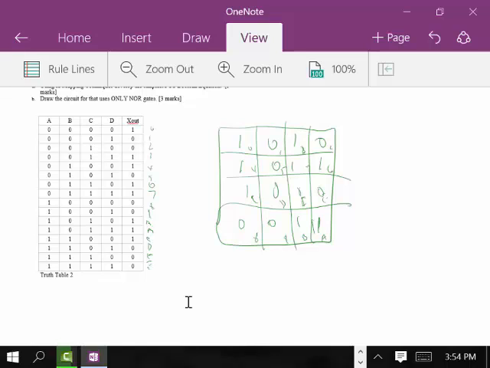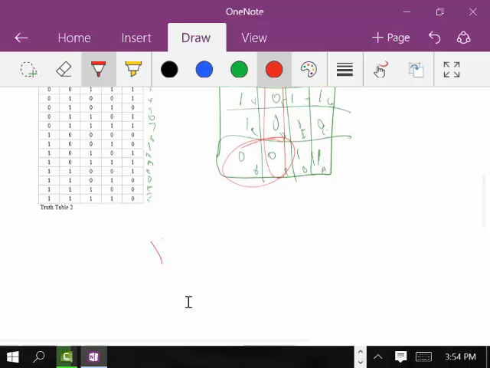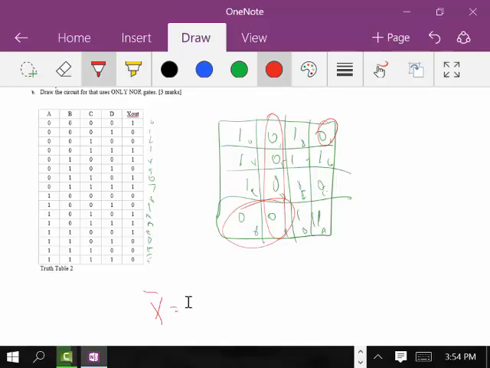So in this particular case, we're going to read the zeros out right there. We read the zeros out. We've got one group here, we've got one group here, and we've got one group here. Right there. And so our function is not X naught is equal to, this line right here is A, B,